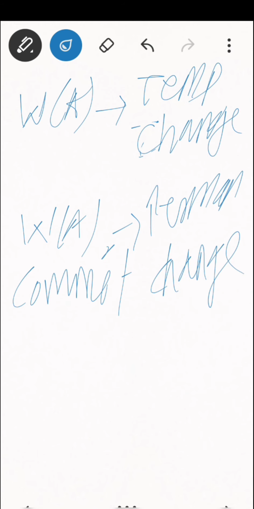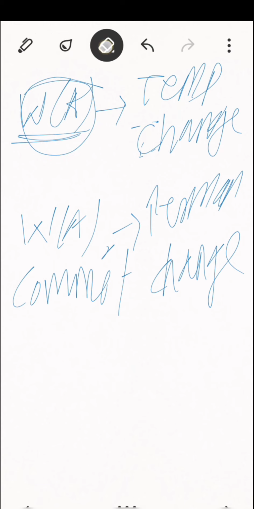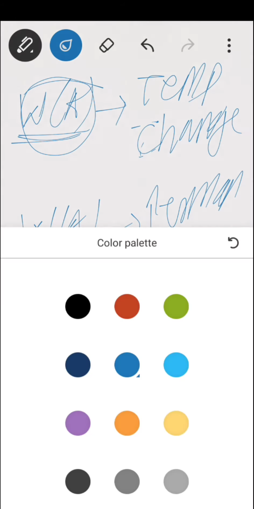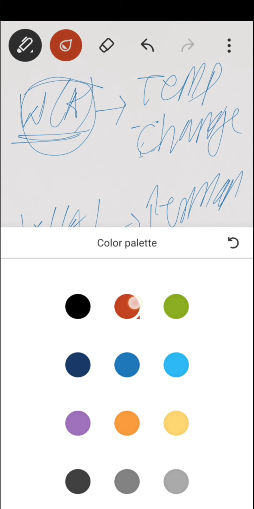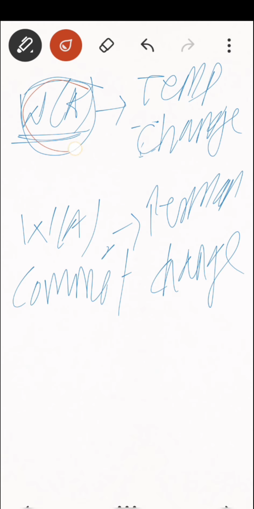Okay, are you getting it? Here, if I only write a write operation, it is nothing but a temporary change, which means it can change. Whatever value I am trying to update will get updated into the database, but only for some time, not permanently.